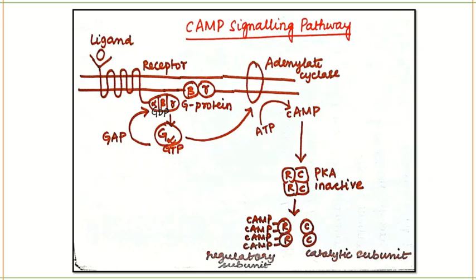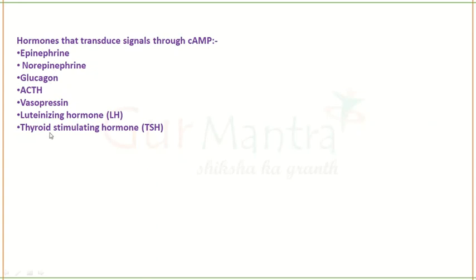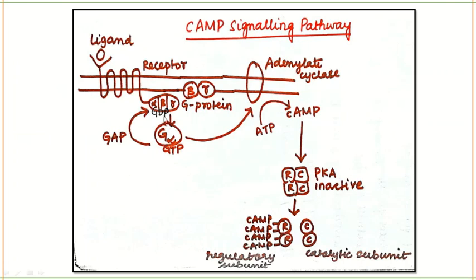So what happens in this is, ligand. We've already discussed the ligands, the different kinds of ligands which can activate the cyclic AMP pathway. Any one of them, let's consider it to be epinephrine. Epinephrine here is the ligand that is binding to your receptor, so the receptor will be activated. This is a G protein coupled receptor, a serpentine, transmembrane receptor, which will be activated.